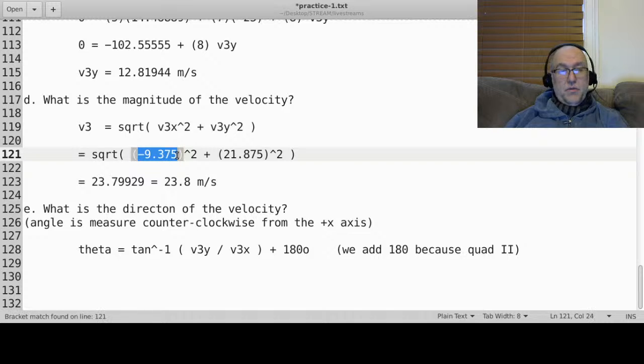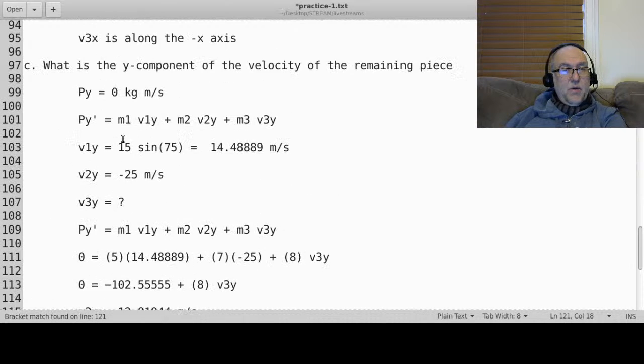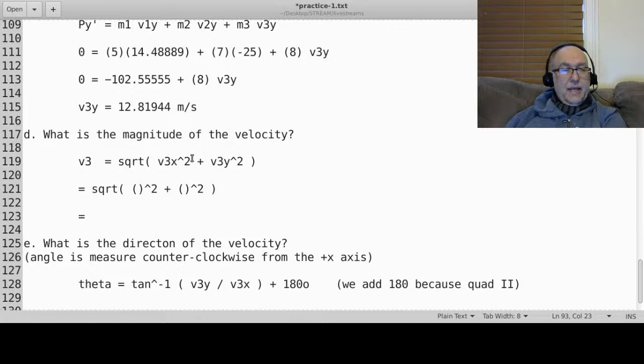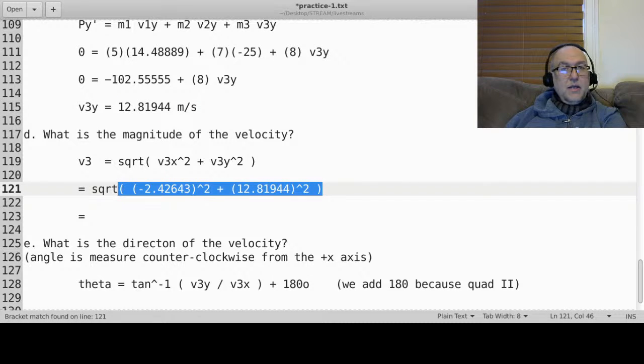The numbers are different now, though. For the x component, we found this. I could take the negative in there, but it doesn't matter when you square it. And the y component was this, and this gives me